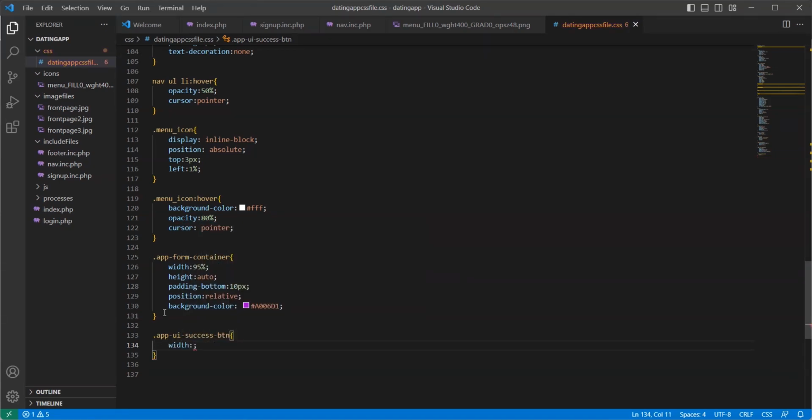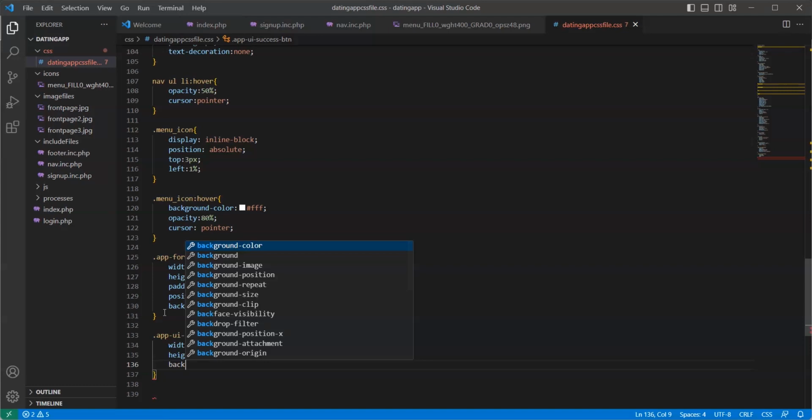Then the width should be about 50% of the parent width. Let's say the height should be 40 pixels. And let's say the background color